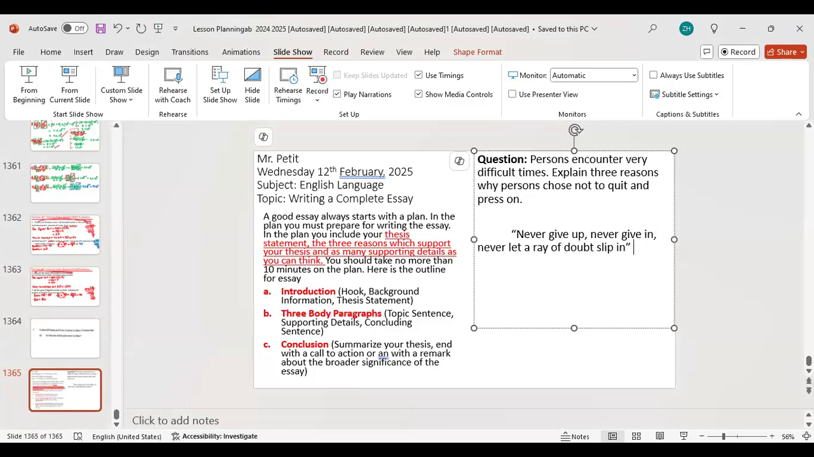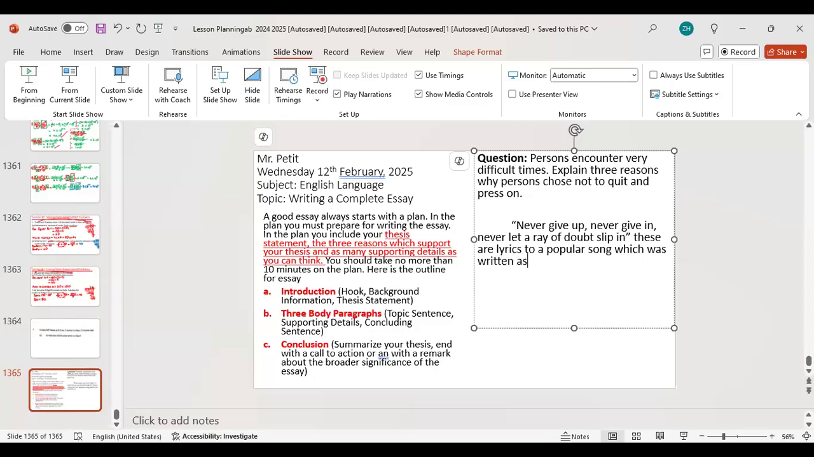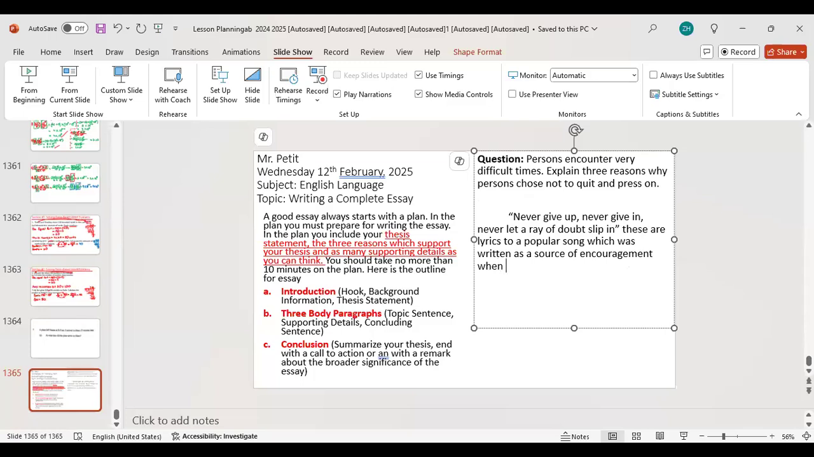All right, so we already have our quote, right? This is our words to a song. Let's continue. These are lyrics to a popular song, which was written as a source of encouragement. Maybe you could say that. To the listeners, when